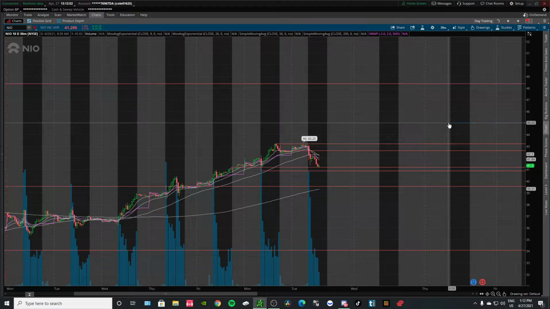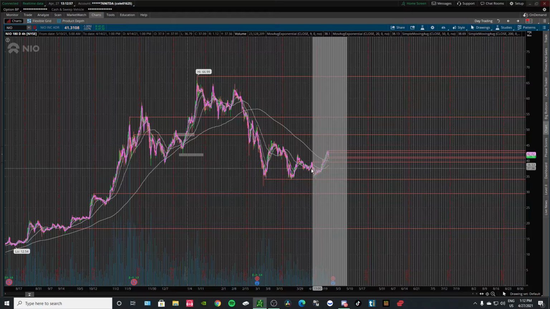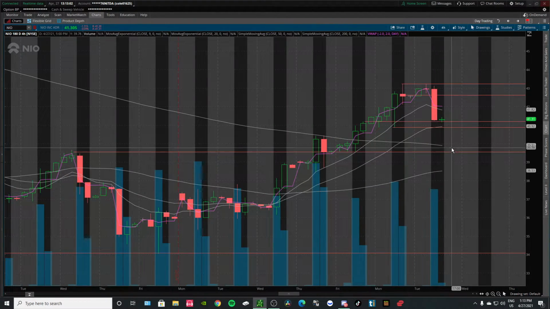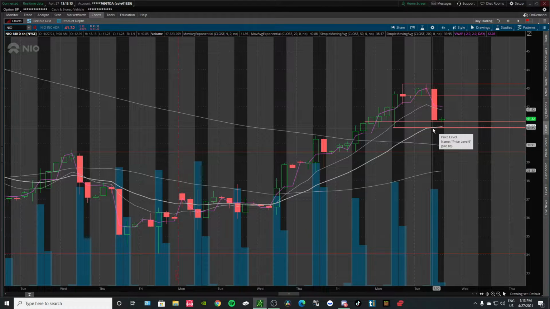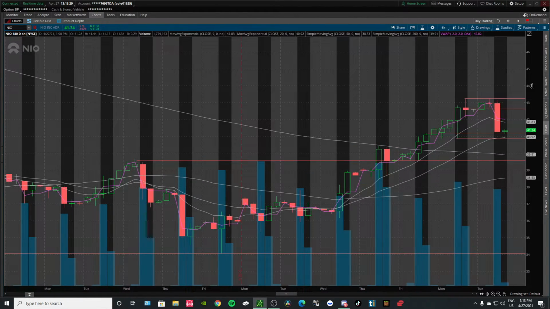But NIO's looking good. When we're looking at the 4-hour chart, NIO did break above the 200 SMA right here, which is very, very good. And ideally we want it to find support. Okay, that's good. It broke through the 9 EMA. So we want it to the 20 EMA, which is exponential moving average, is more of a support than the 9, just because it has higher weight. And the 200 SMA, since it's higher, since it has more weight, then it's going to be more of resistance and support. So the higher the time frame,